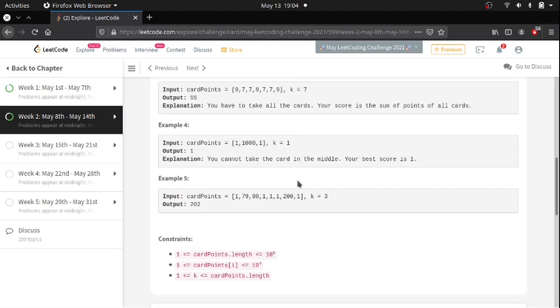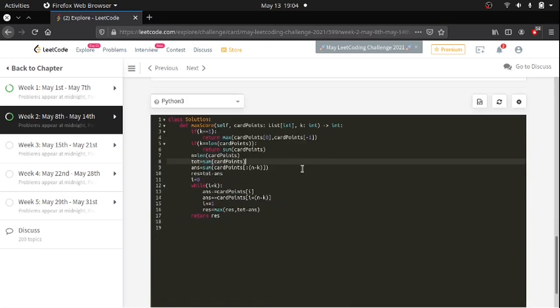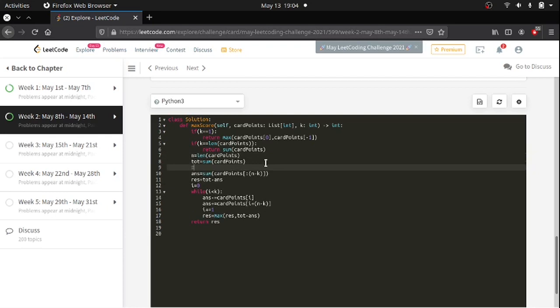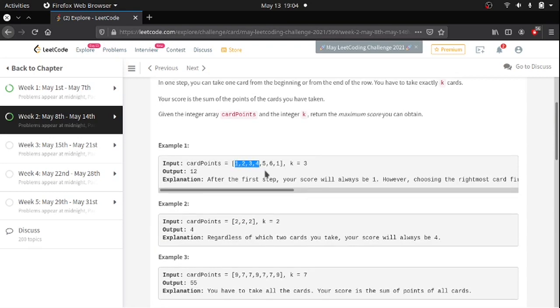Initially, I take n minus k elements, 4 elements. One second, sorry, this is not answer, let us say this is temp. One thing you have to remember, the answer is not answer. Answer is equal to the sum of the sliding window. When I was writing the code, I wrote it as answer, so you might get confused, but don't get confused. Here ANS is the sum of the sliding window. So the sliding window is n minus k elements initially.